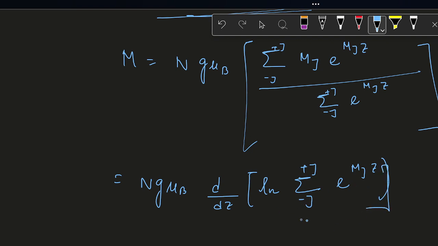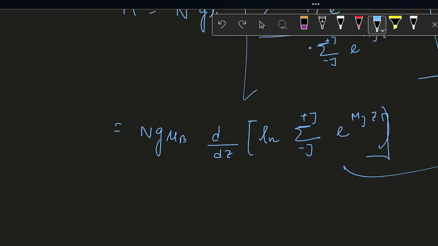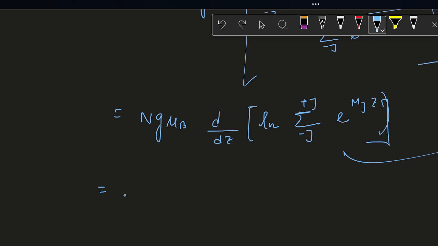Because very simply, if you take the ln of this quantity and then take the derivative with respect to z, what you get is 1 by this quantity first of all. And because in here you also have a sum, in the exponential you have a z factor, so when you take the derivative on this part you have an mj coming out, then e to the power mjz, and again this summation. So this is nothing but the same quantity, only represented in another form for the sake of the calculation. Okay, so in the next line you write down